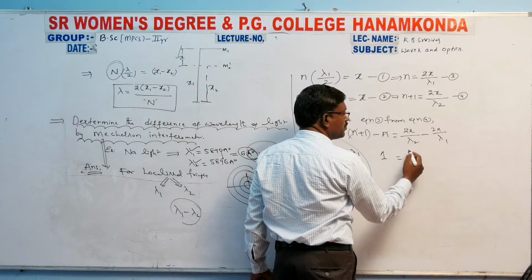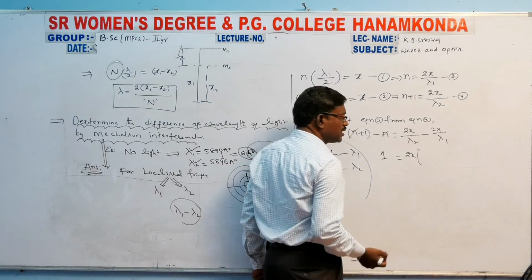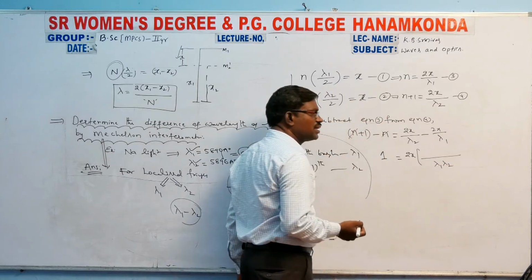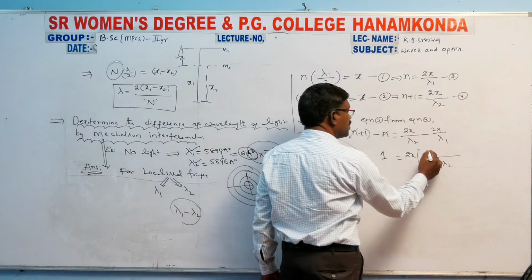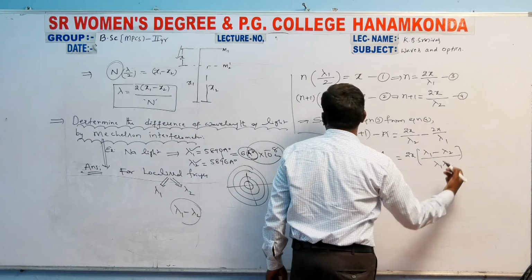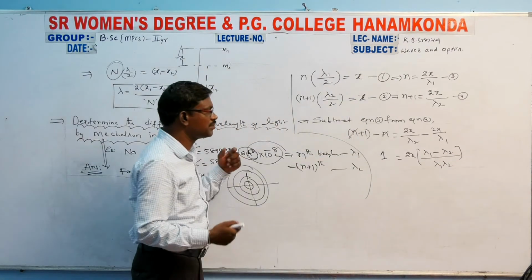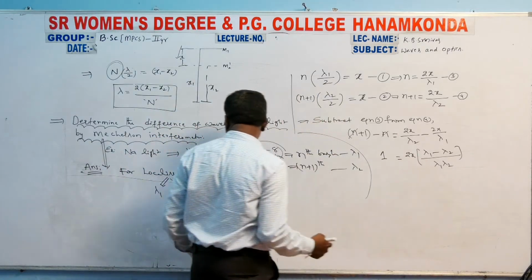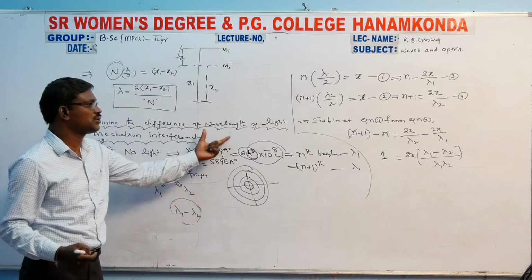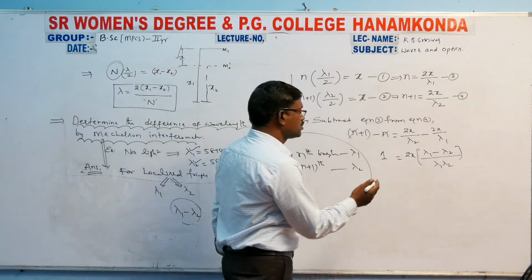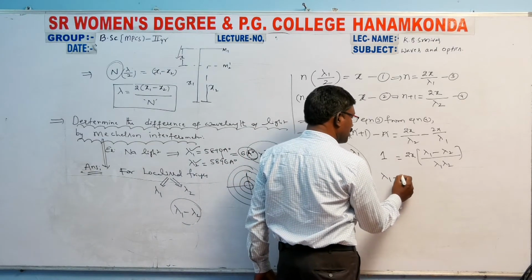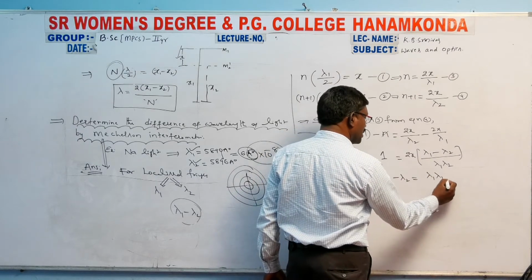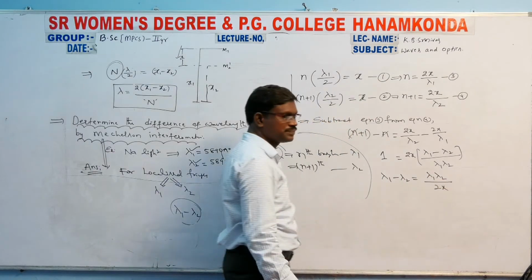Here 2x can be taken as common. Simply I have taken 2x as common. So lambda 1, lambda 2 will be the LCM. Okay. Cross multiplication, lambda 1 minus lambda 2, as lambda 1 is more than lambda 2 in this case. Is that clear? So what is my aim? I want to calculate the difference between the two wavelengths of the light. So on cross multiplication we get: lambda 1 minus lambda 2 is equal to lambda 1 into lambda 2 whole divided by 2x.